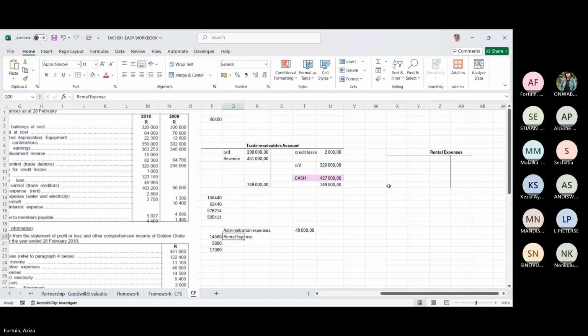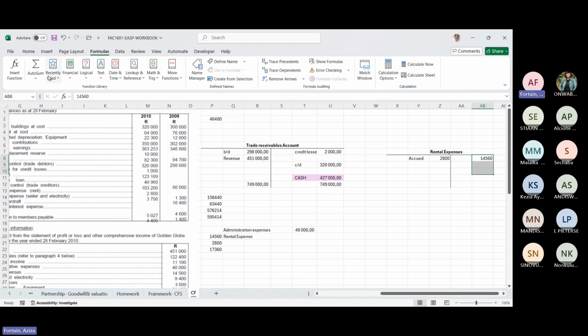Okay. So he told us he was correct. We're going to credit the 14,560 rand, right? Because that was paid out. He was correct in the 2008, but his mistake was he's not doing T accounts. That's why he went and added up. Was I supposed to subtract it, ma'am? Yep, yeah.